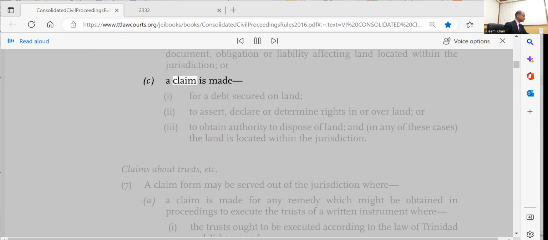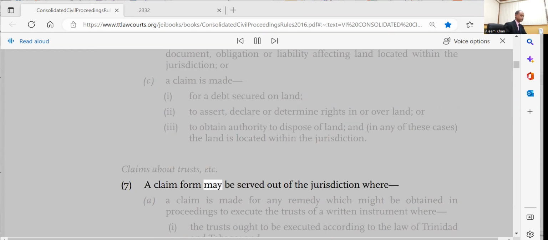or (c) a claim is made (i) for a debt secured on land, (ii) to assert, declare, or determine rights in or over land, or (iii) to obtain authority to dispose of land, and, in any of these cases, the land is located within the jurisdiction. Claims about trusts, etc. (7)